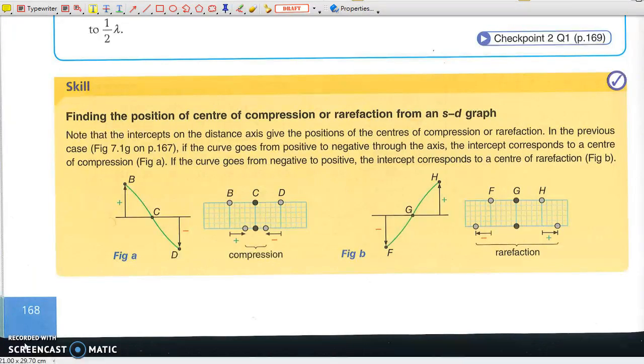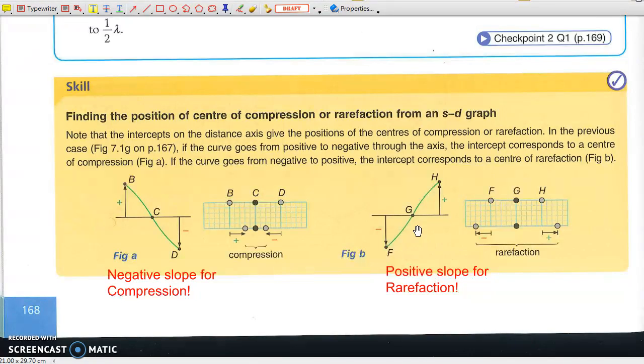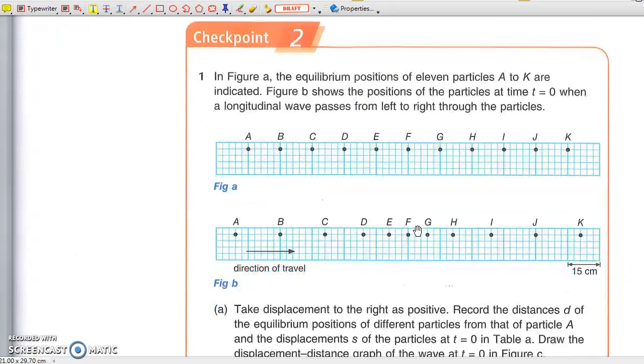Scale. It was found that the centers of compressions and rarefactions both have zero displacement. The particles on the left of a compression travel to the right, while particles on the right travel to the left. If the right direction is taken as positive, then the y-x graph at the center of compression has a negative slope. On the other hand, the y-x graph at the center of rarefaction has a positive slope. Do check point 2. On the next page,